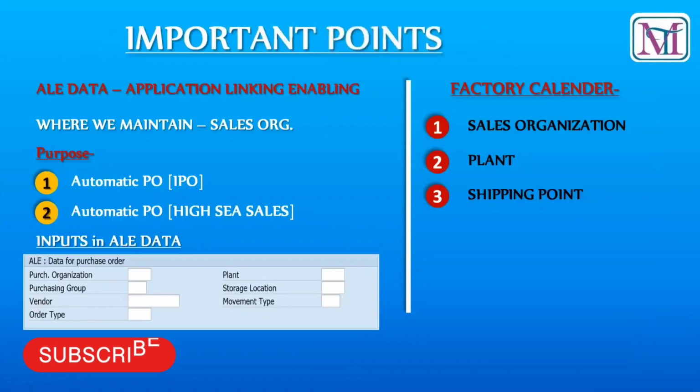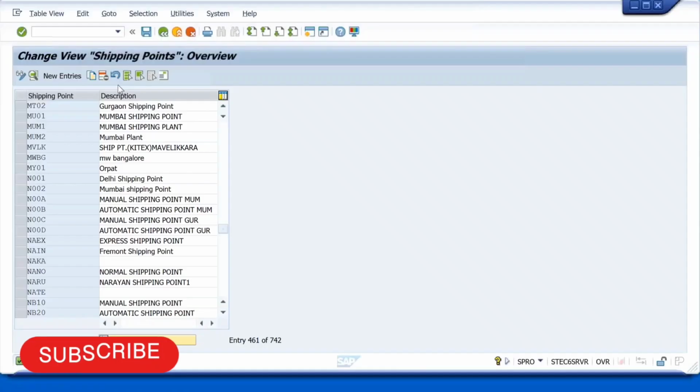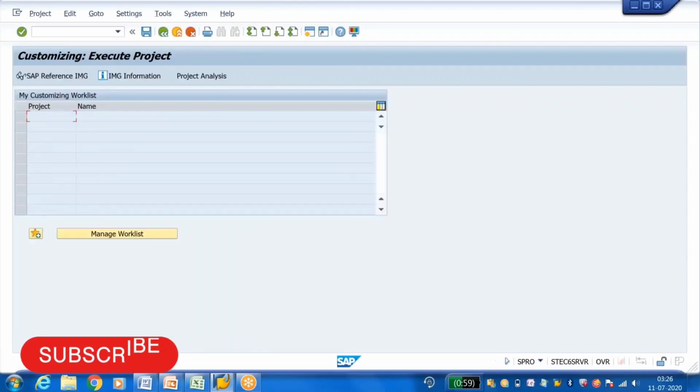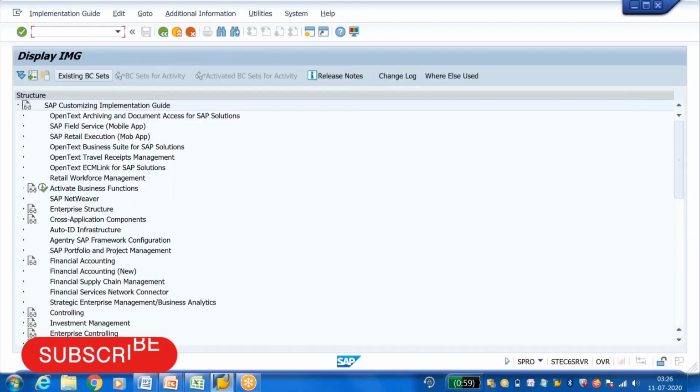Then some important notes. ALE data. Where do we maintain the ALE data? Guys, right now you will not be able to understand what ALE data is, but you have to remember it. ALE data is application linking and enabling. We maintain ALE data in the sales organization. So now I'll go to the sales organization. SPRO, SAP reference IMG,